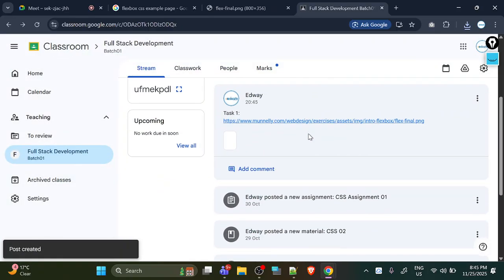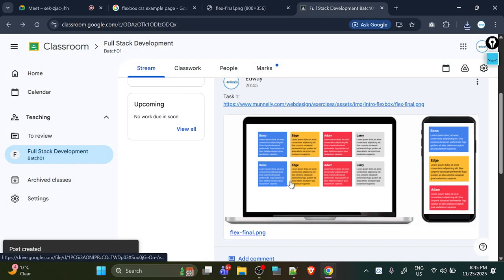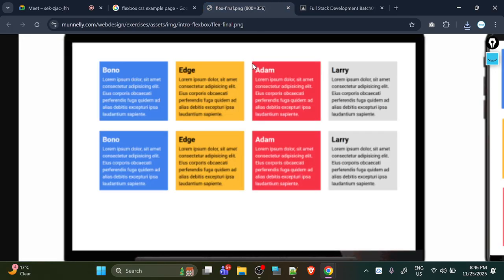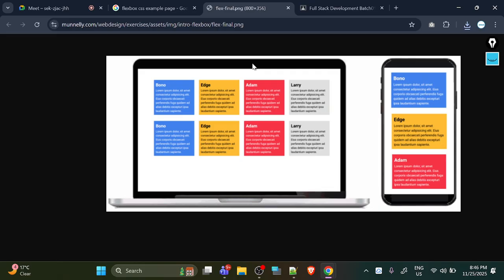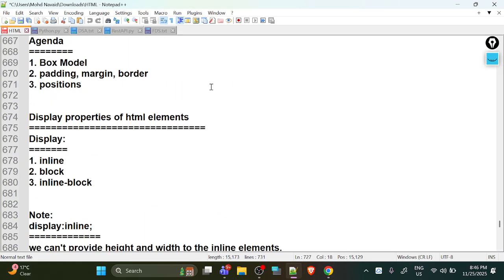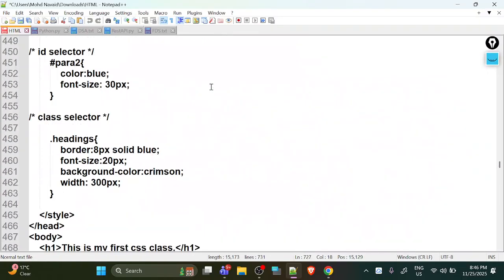Right. So this is task 1 which you have to do. You have to submit it as well. And one more thing, Bhavani, what I'm expecting from you is, whatever you're writing, whatever you're learning, so many things we have learned, you have to start working on